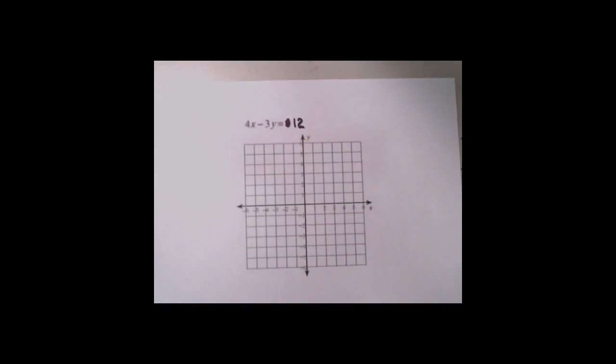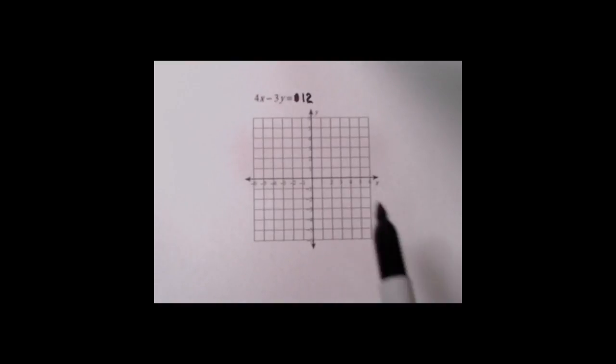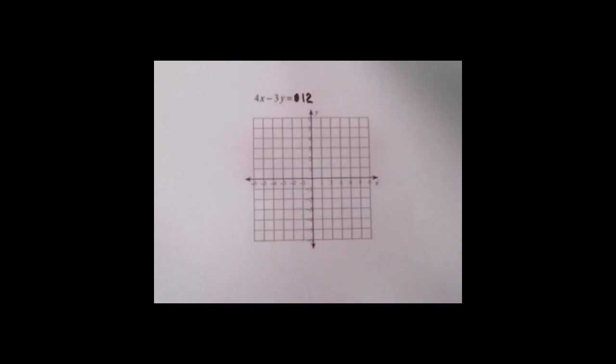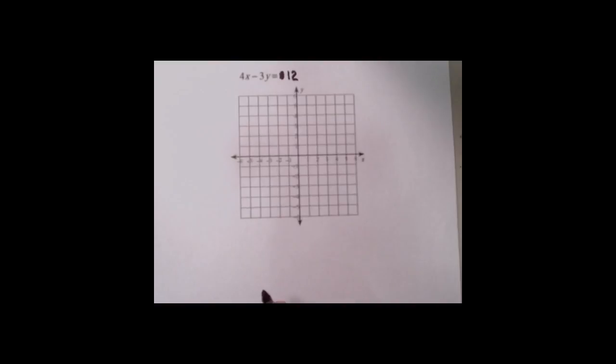Okay, let's look at another one here. Yes, here we go. Okay, let's see. I changed the value on this. I got 4x minus 3y equals 12. Let me again write it a little bit larger down the bottom here. But again, these guys go very quick. 4x minus 3y equals 12. Okay, here we go. X-intercept equals,